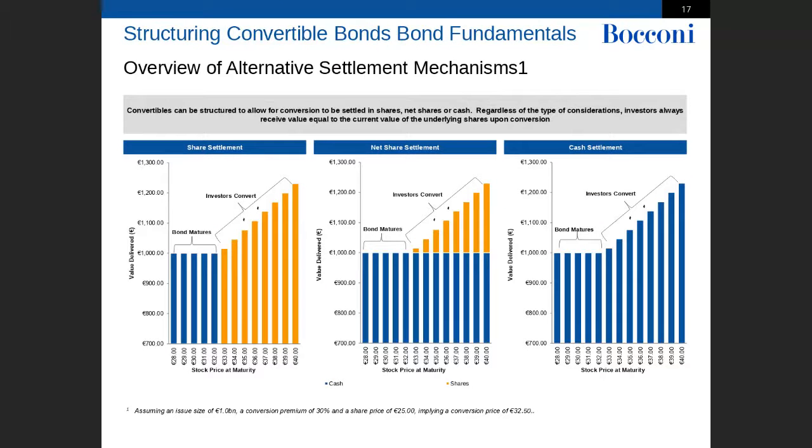This is the settlement that I told you. So you can have either, let's assume that the bond at maturity is worth 130, you can have 130 all cash, you can have the 130 all in shares, or you can have the difference. You repay 100 in cash and you pay only the value of the call with the shares, okay?